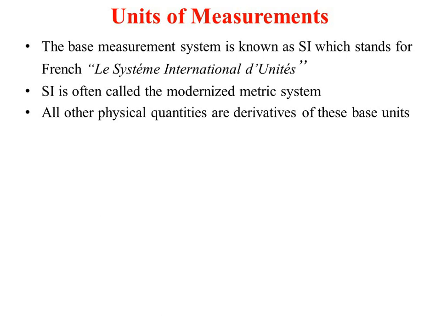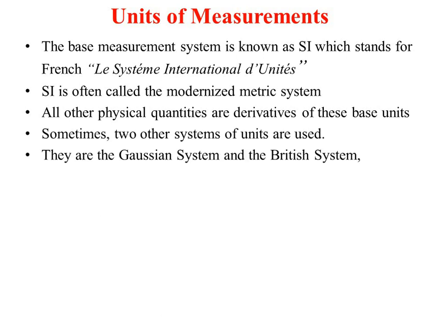Apart from this, there are two other types of units used. One system is called the Gaussian system and the other is called the British system, but mostly SI is used. So we know that length is measured in meter, mass is measured in kilogram, time